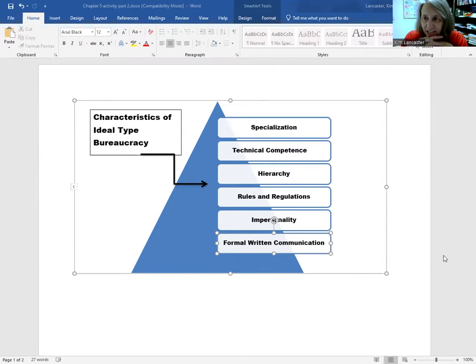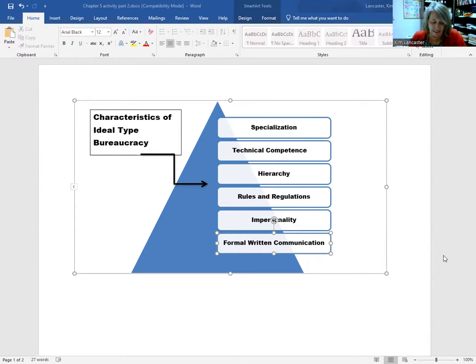Okay, so a quick discussion of bureaucracy. Bureaucracy is a large secondary group that is designed to perform tasks efficiently. So if you think back to what a secondary group is, it's a group that has a specific goal or task. Okay, so Max Weber, a lot of his studies were based on bureaucracies, and I just wanted to make sure that we were all on the same page and understanding